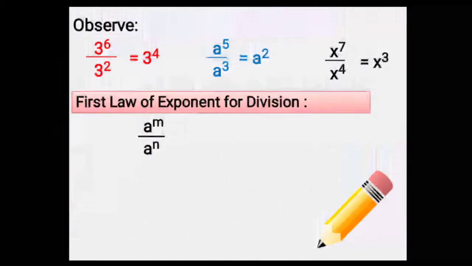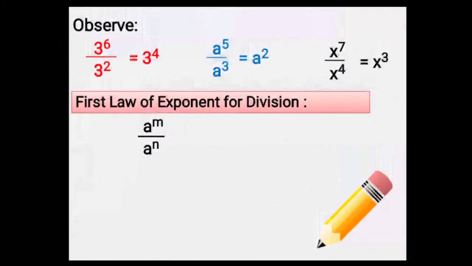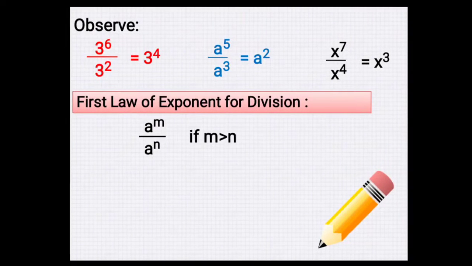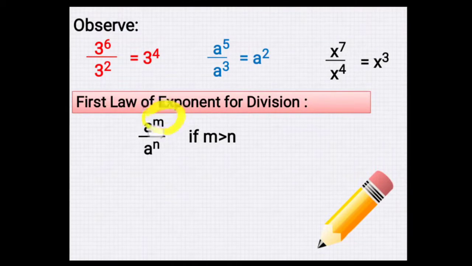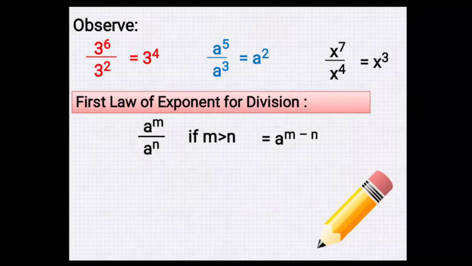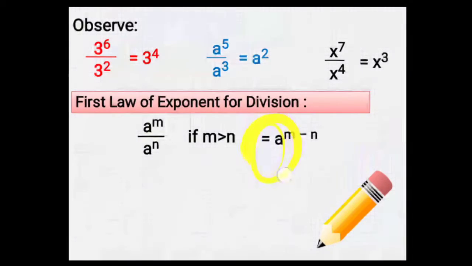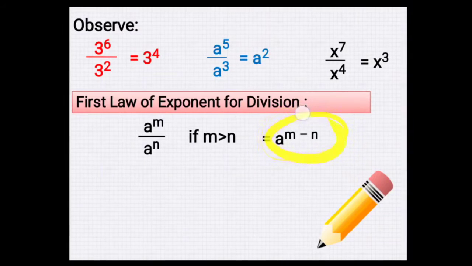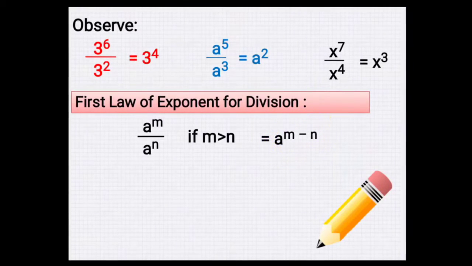So it says that a to the m power divided by a to the n power, if m is greater than n, or if the exponent of the numerator is greater than the exponent of the denominator, which is n, you have to subtract them, okay? So our answer is a whole number, then subtract the exponent, okay? m minus n. Again,